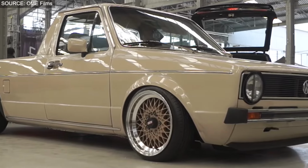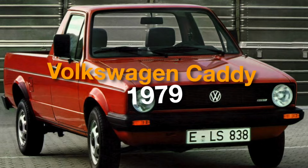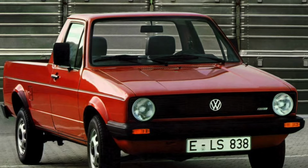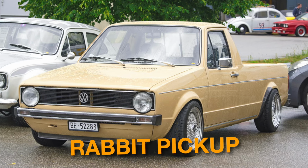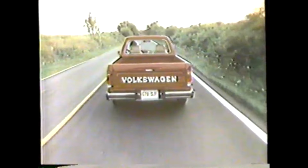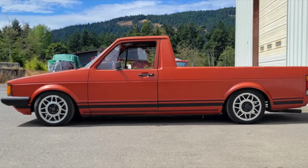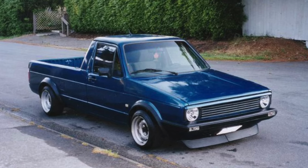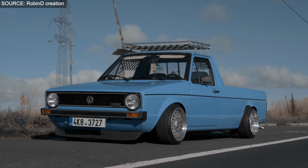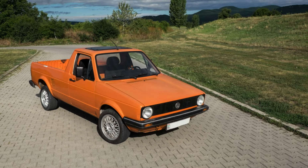Moving on to number 6, we have a rather unique truck, the Volkswagen Caddy. In other parts of the world, they called it the Volkswagen Caddy, but here in the US, it went by the name Rabbit Pickup. Did you know that the very first Caddy made in Poland rolled off the production line in Poznan 20 years ago? It was quite small and the only truck at the time in the US with front-wheel drive exclusively. Most of them came with a little diesel engine, offering modest speed. Based on the MK1 first generation of the Golf platform, it featured different versions and styling options, including square or